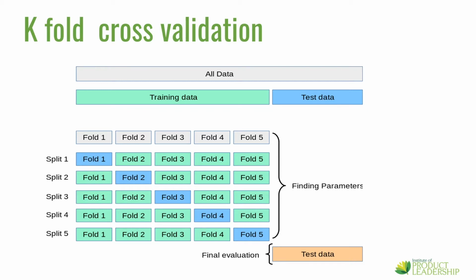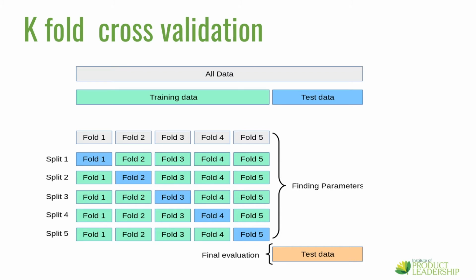Cross-validation is an approach that can be used to estimate the performance of a machine learning algorithm which generates less variance than a single train test set split discussed in the earlier slide. It works by splitting the dataset into k parts, that is, k can be equal to 5 or k equal to 10. Each split of the data is called a fold. The algorithm is trained on k minus 1 folds with one held back and tested on the held back fold.